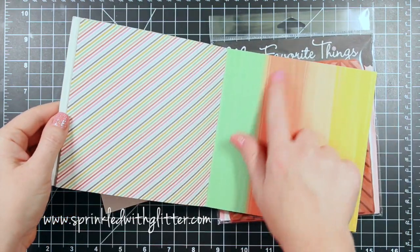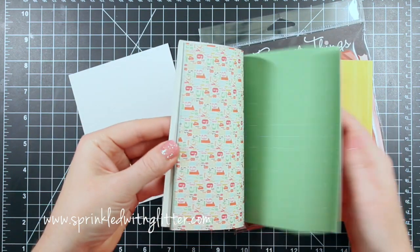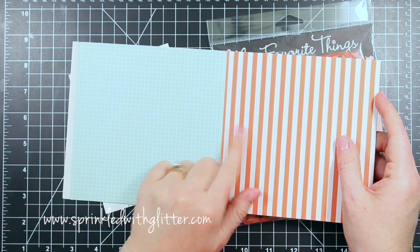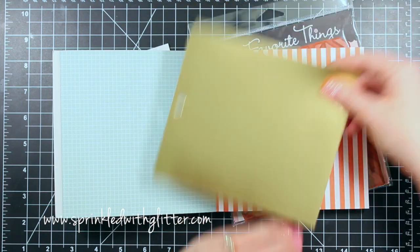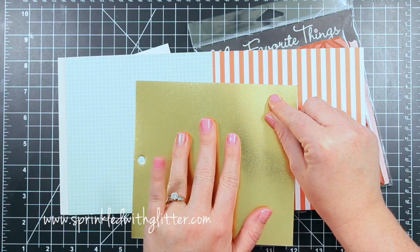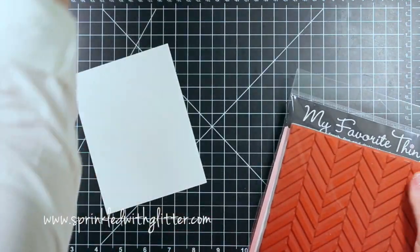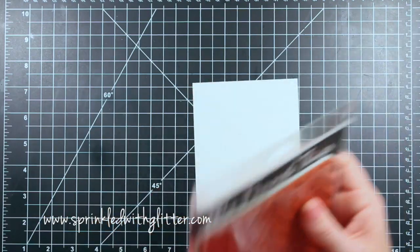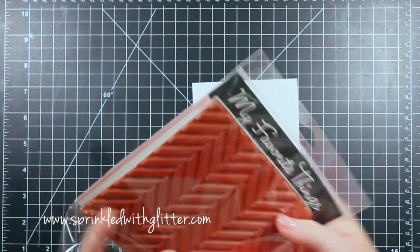A few weeks ago on my Instagram, I posted a shot of an outfit that I was wearing, and I thought it would be fun to create a card based on that color combination. I posted it with the idea that it would be a good inspiration for a card project. So I'm going to be using this orange and white and pool color combination with a little bit of gold accents. I'm going to pull in that Chickenity Scrumptious paper pad later on, but first of all,